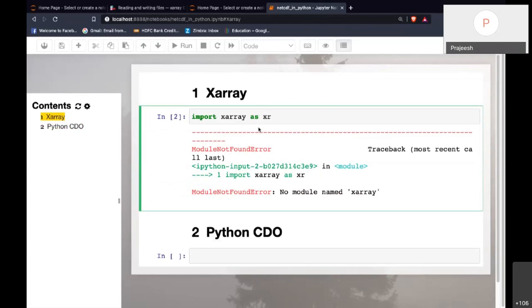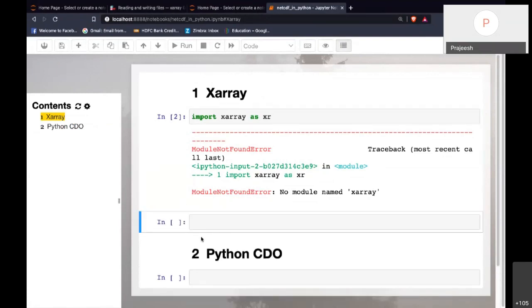So I have to install it first. I can shift to a terminal and do it, but if I have to shift, then I have to again change the screen sharing. Rather than shifting to a terminal, I can do a terminal operation inside the Jupyter notebook itself.